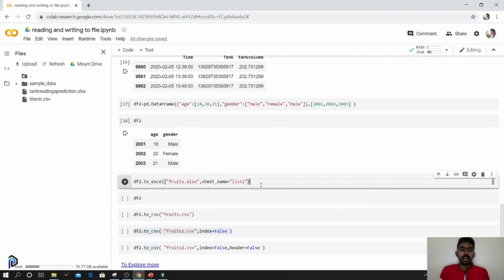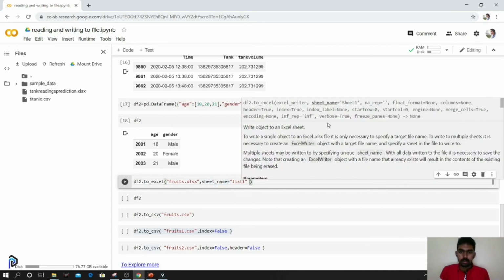What I'm trying to do is write this data frame into an Excel file. It's simply the data frame name dot to_excel. You give the file name, and you can also give the sheet name. In Excel there are many sheets, right? You can also decide the starting column and starting row. I'll elaborate on all these things so that you can see the various parameters that are available. You can also give the header and index label and all these things. We'll try to look into it, or I'll provide you the documentation where you can explore on your own.